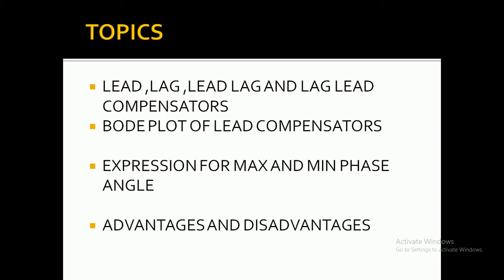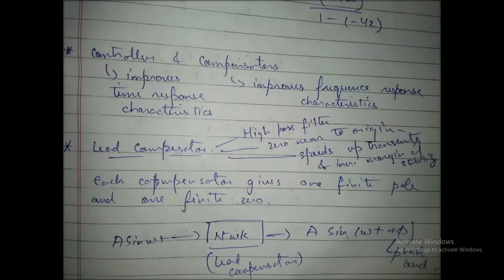तो आगे आइए पढ़ते हैं लीड एंड लैग कंपनसेटर। तो इसमें हम टॉपिक कौन कौन से कवर करने वाले हैं? हम सारे कंपनसेटर्स के बारे में पढ़ेंगे, लीड, लैग एंड लैग लीड, ऑल ऑफ देम। उनके बॉडी प्लॉट, क्योंकि आजकल उससे रिलेटेड डायरेक्ट क्वेश्चन तो पूछे नहीं आ रहे, डायरेक्ट थोड़े से कॉम्प्लेक्स करने के लिए उन्हें बॉडी प्लॉट में जोड़ के पूछा जा रहा है। तो उसके बॉडी प्लॉट्स भी देखेंगे। उसके एक्सप्रेशन फॉर मैक्सिमम और मिनिमम फेज, ये बहुत ही इंपॉर्टेंट एक्सप्रेशन है। इससे बहुत सारे फार्मूला बेस्ड क्वेश्चन होते हैं, और उसके एडवांटेजेस एंड डिसएडवांटेजेस तो हमें पता ही होना चाहिए।